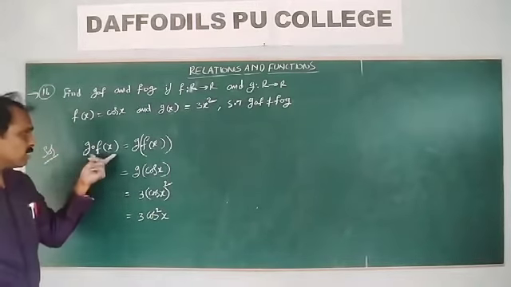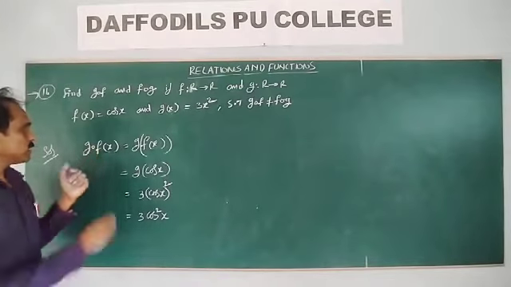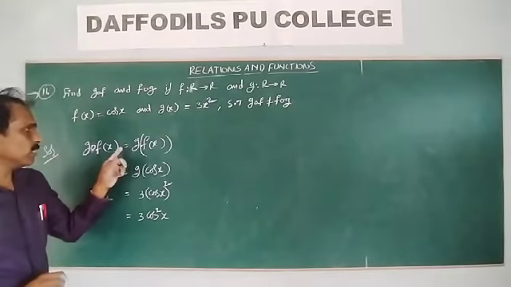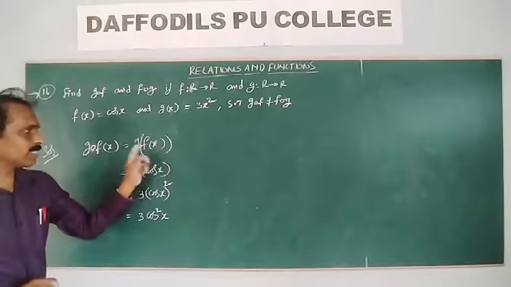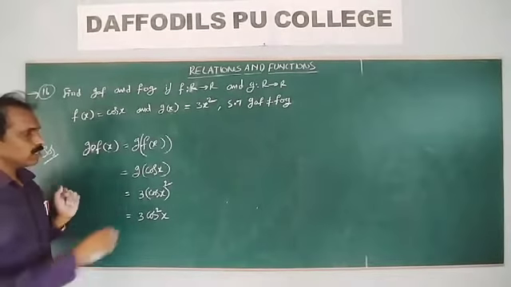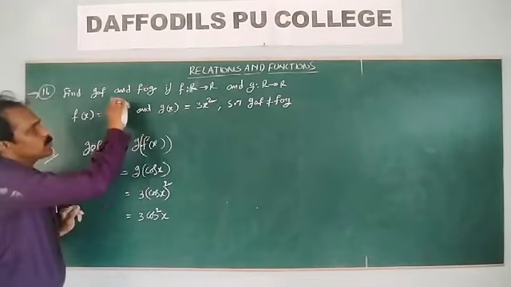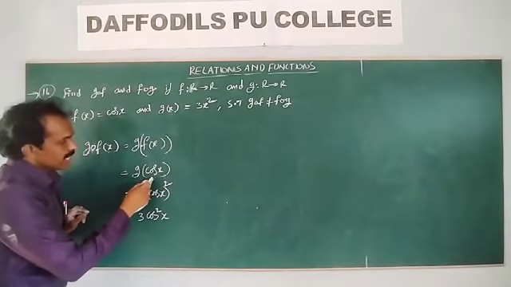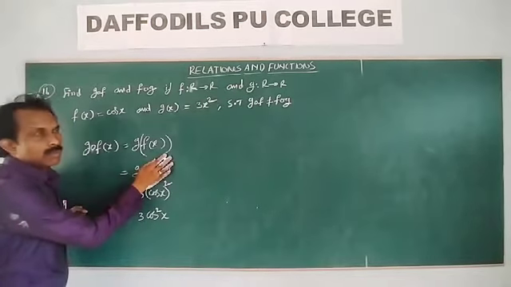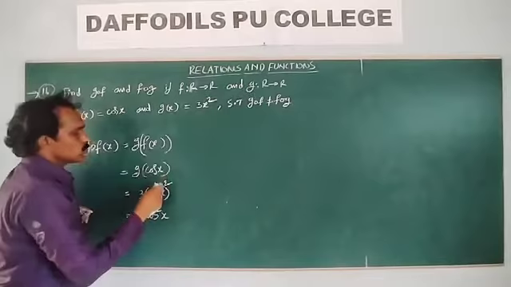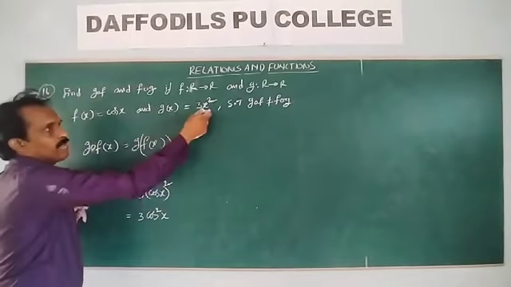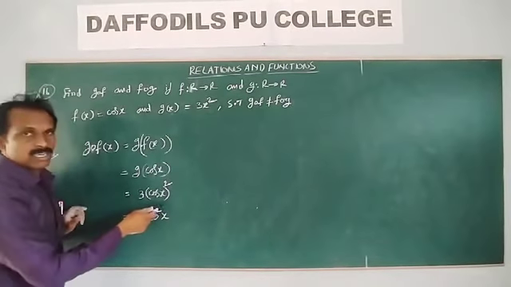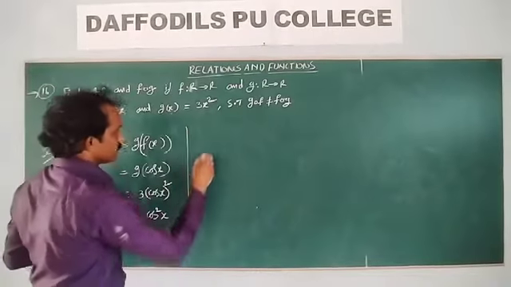So first of all, this circle is read as g circle f. In place of the circle, take bracket: g of f of x. First write the value of f of x. What is f of x? Cos x. So g of f of x. g of x is already given: g of x means 3x square. Where x is, this is treated as x, so substitute this value. Therefore 3x square becomes 3 cos square x. Right. Next.